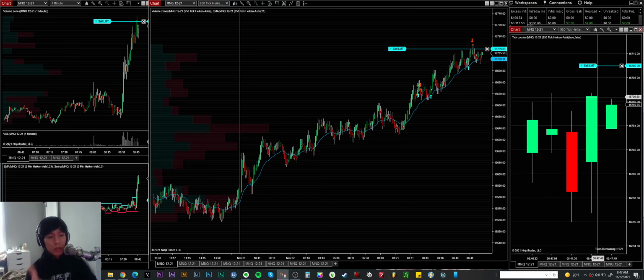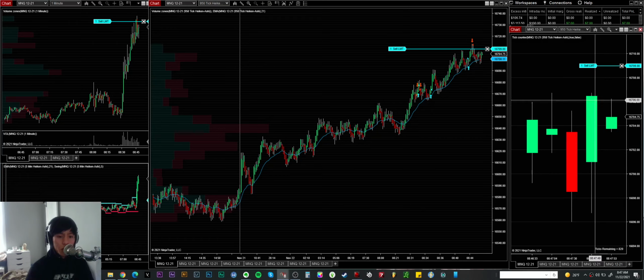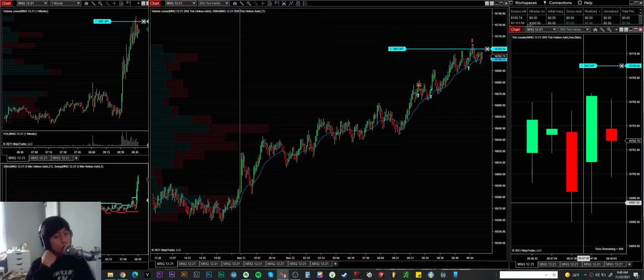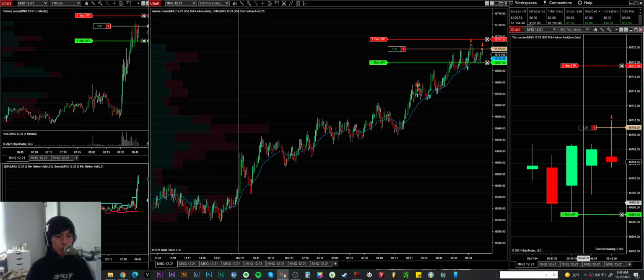Support, resistance, trend, correction of spike, and now we have trend. If you're buying, we'd be in the trade. 2, 4, 6, 8. Our stop would be around here. Interesting. It's almost like it reacted to our